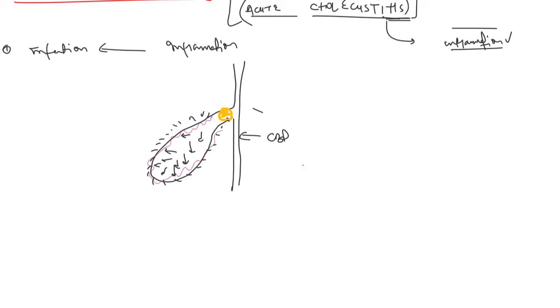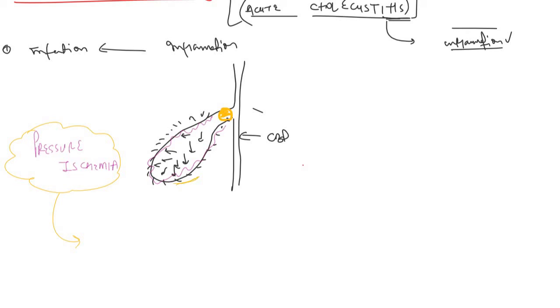So there will be something which is called pressure ischemia, that is ischemia or low blood supply because of the pressure. As a result of pressure ischemia, there will be weakness in the wall,